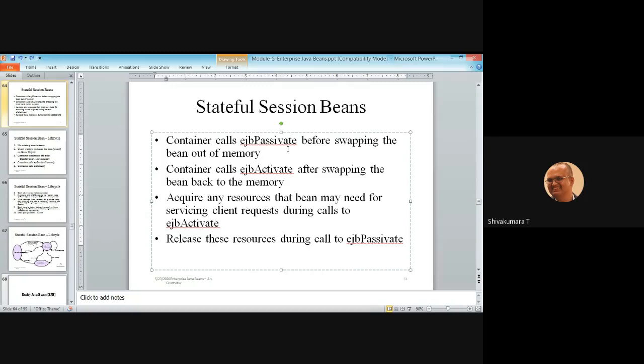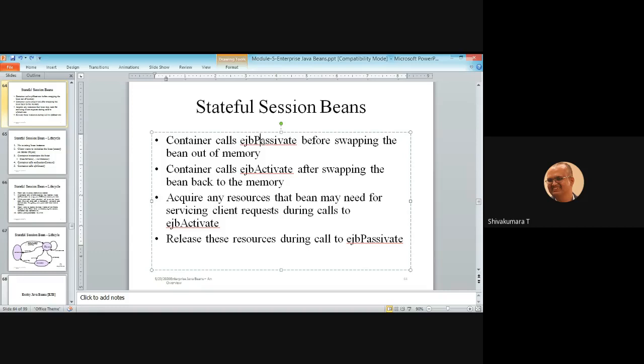In that case, the container decides to temporarily remove the session bean by calling the EJB passivate method. Then once the client resumes his application, the container again calls EJB activate, and the bean is swapped back into memory. Now the application continues.